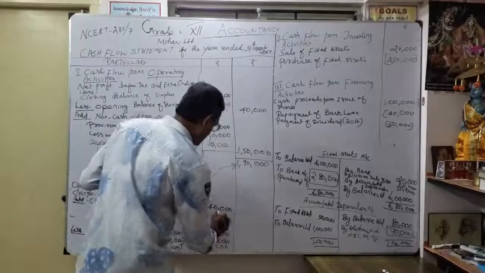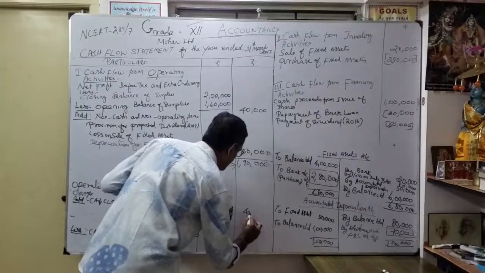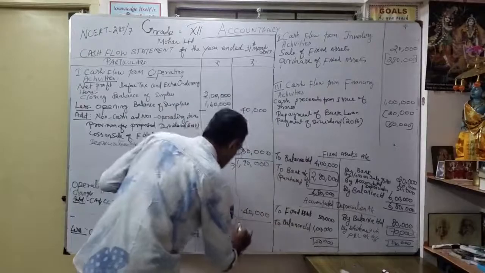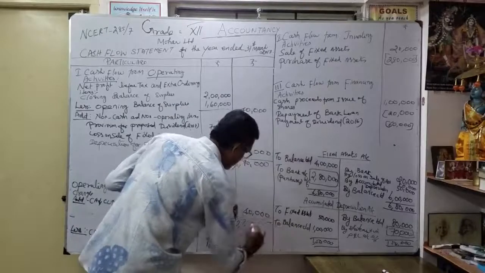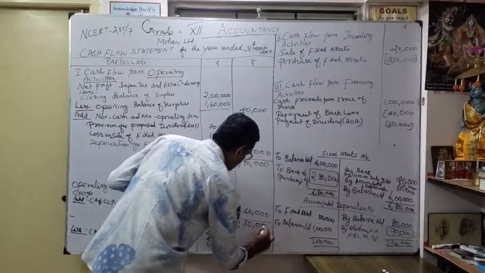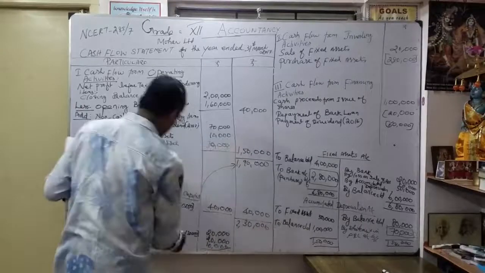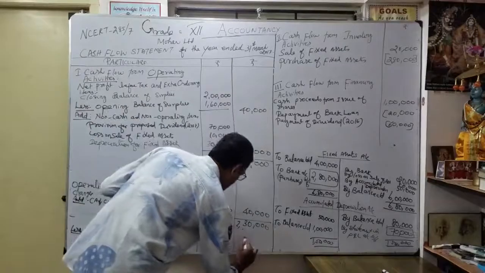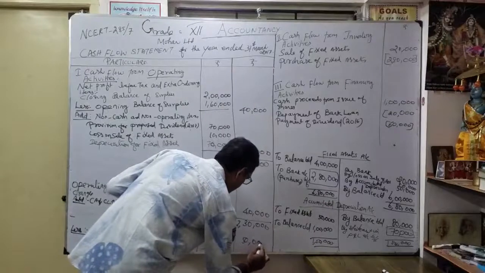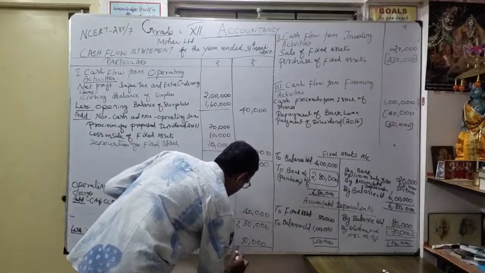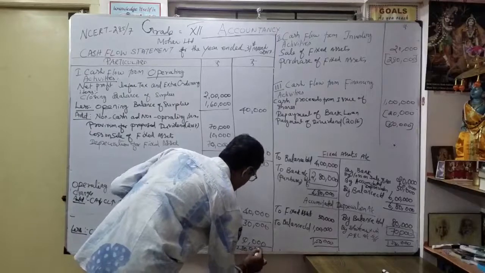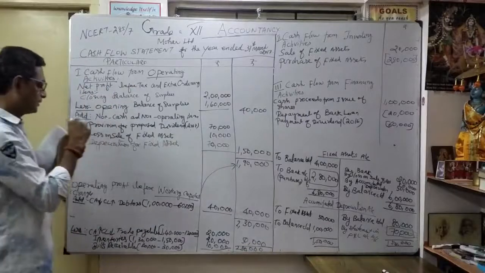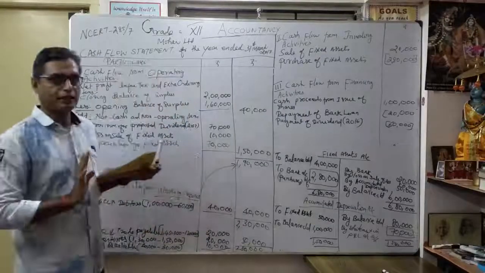Now move to our add-on list of working capital changes. Correct? Here how much? In the same manner, 40,000. So it becomes 190 plus 40, 2,30,000. Thereafter, all these reduction items: trade payables, inventories, bills receivable, all become how much? 50,000. Okay, so what is the balance available? 2,80,000. There is no space here. This is called cash flow from operating activities, a positive figure only. That you should keep in your mind.